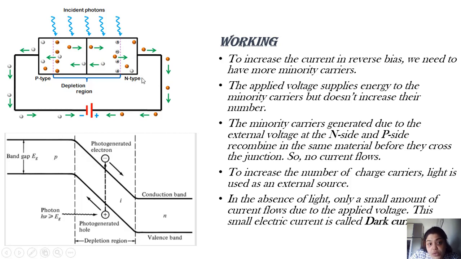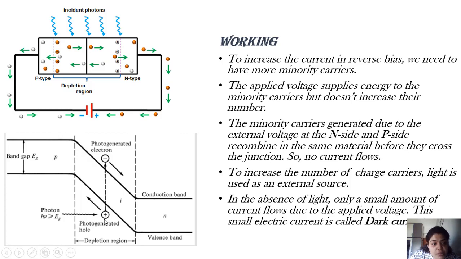They will just recombine outside the layer like this. So the recombination will take place like this, and that is why we get current. So we can say that because of photon, a hole is generated and an electron is generated. Why? Because of these photons, if electron moves, a hole is created. So that is known as a photo-generated hole.